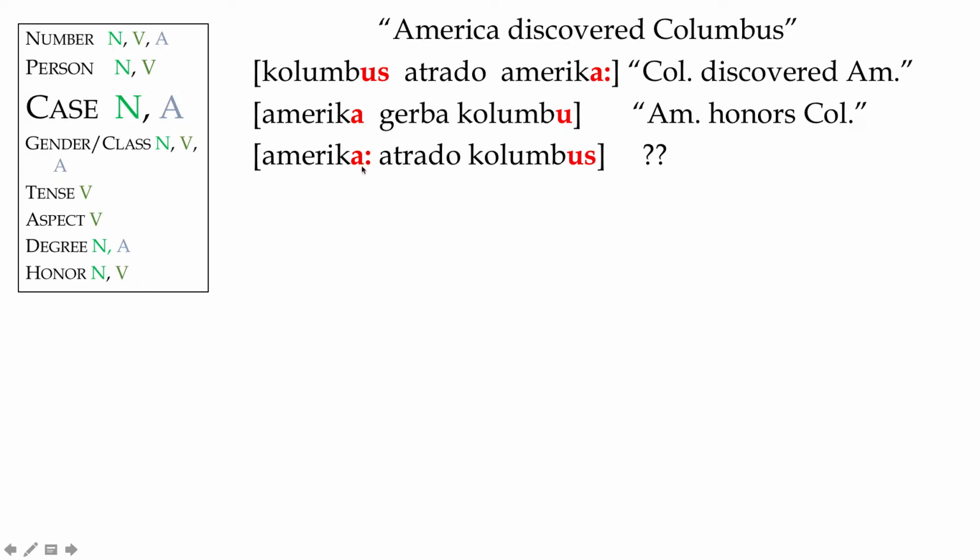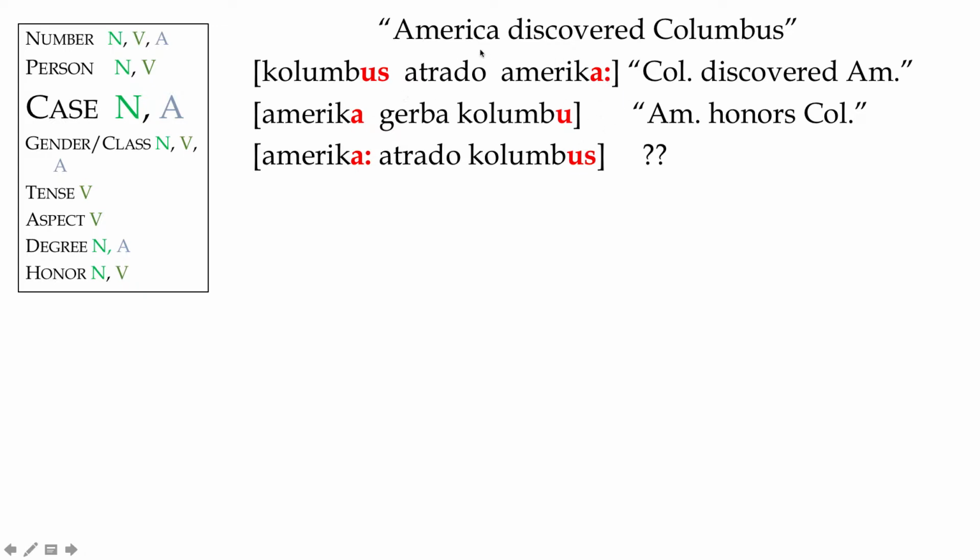And because this is long and not short, the listener knows, okay, America is meant to be being done to. Somebody or something is doing something to America in the sentence. Whereas if it's a short they would know, okay, America is the one doing something to somebody else. So the word order is free because of these morpheme endings.